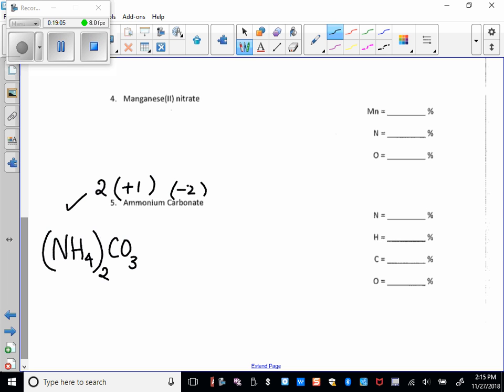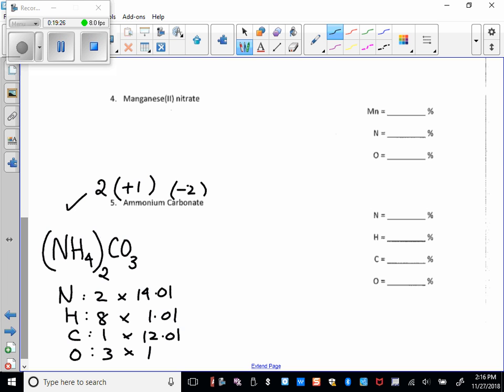All right, so what do we have? We have nitrogen, hydrogen, carbon, and oxygen. How many nitrogen atoms? 2. Hydrogen is 8, carbon is 1, oxygen is 3. What is the mass? 14.01, 1.01, 12.01, 16.00. Is that right? This will be 28.02,